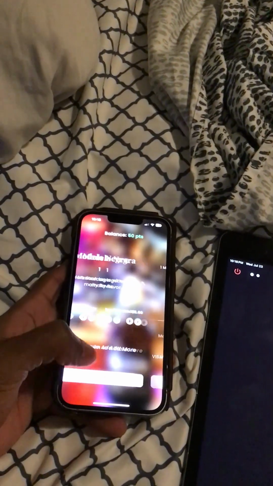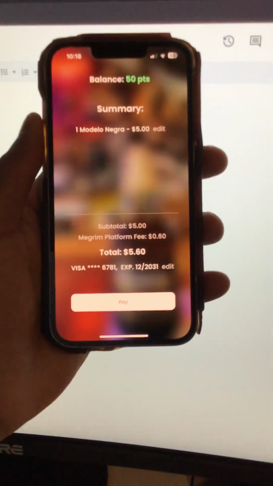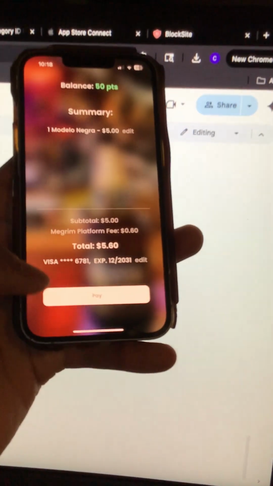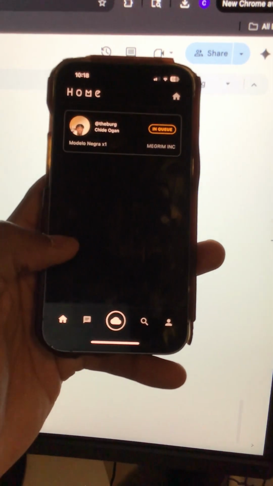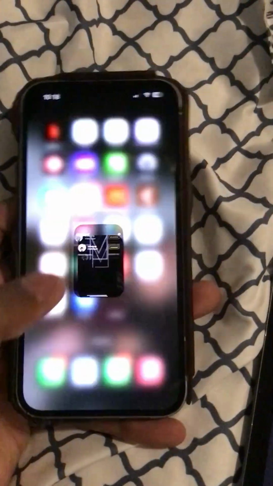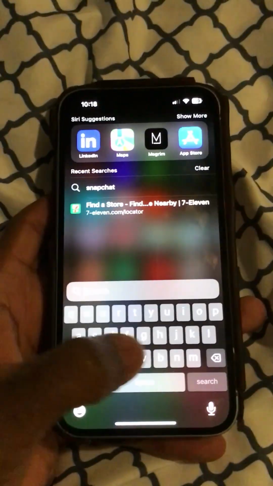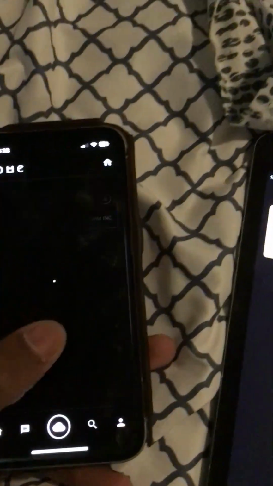But if you go here and try to make a purchase, I know this is really bright and it's kind of really hard to see. Maybe I can do this. Okay, yeah. So it's going to say pay, but it's going to be red. Oh, wait. Don't tell me I just paid for something. Oh, I forgot I set up my card. Oh my gosh. Well, I guess I just paid for something, but now I guess you can see how it actually works. I forgot I didn't set up my card, but usually,